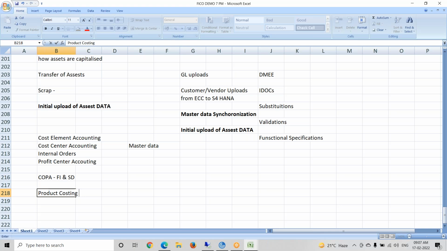So we cannot say, okay, I will work on CO, because they will test you like anything. This product costing is always high-level incidents only that we receive. I used to manage and check individually, I worked on it, but I cannot explain with a business case the way I explain FI thoroughly with all the business cases in every line. I cannot give those high expectations for product costing. I have knowledge on that, and if my junior cannot resolve it, I am the only point who has to do that.